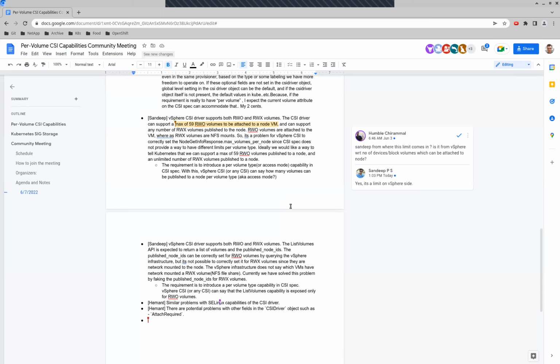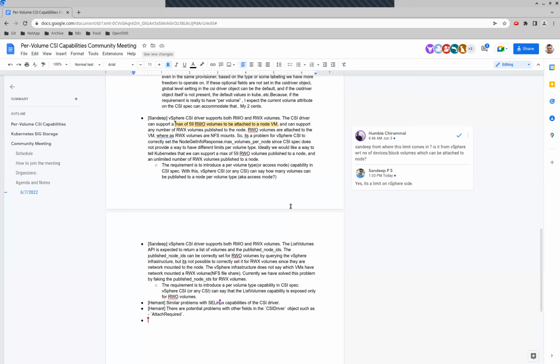Or if we made the CSI driver object contain a map itself, then it would be the key to look it up in that map. So you could have iSCSI get one key and NFS get another key, or this would get set during provisioning, essentially. Yeah, because it would be frozen at creation time,